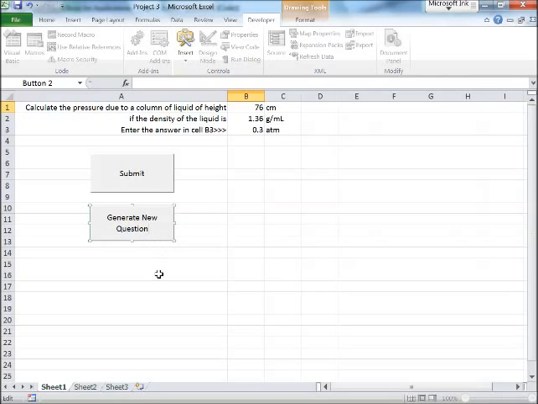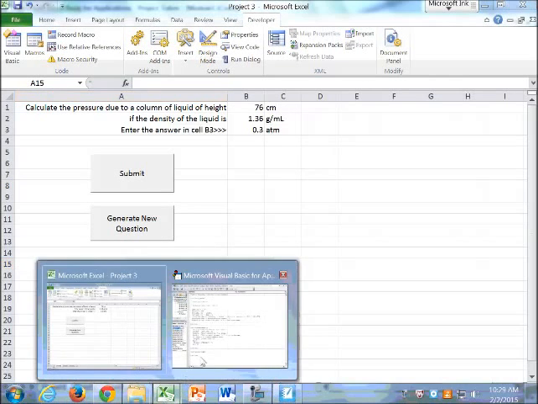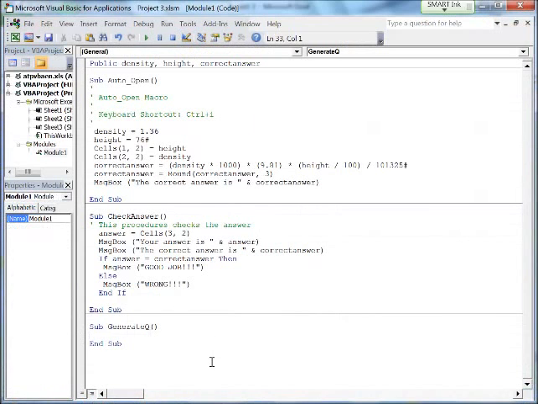Okay, so what it does is it changes values of B1 and B2 and recalculates the answer. If you click on that right now, it's not going to do anything because we haven't done it. We have a do nothing macro so far. So what can we do here? If we want to generate a new